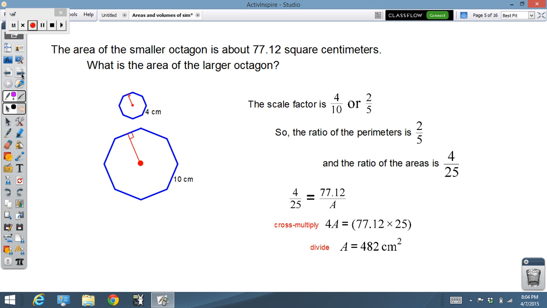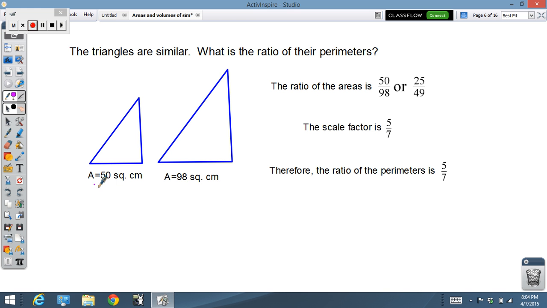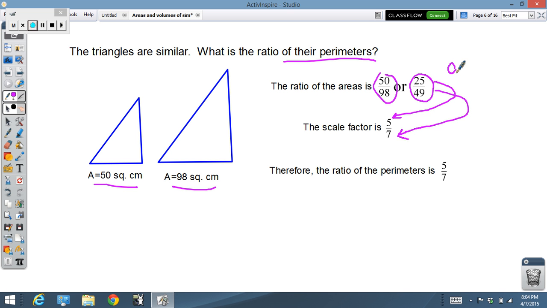Let's go to the other kind of problem that we did. In this case, I'm giving you the areas and asking you what is the ratio of their perimeters. Well, we take the area ratio. I could simplify it down, and then when I take the square root of the two numbers, I know that this ratio has to be A squared over B squared, or the plain old scale factor has to take the square roots, and thus the perimeter also has to take the square roots. So, remembering that,